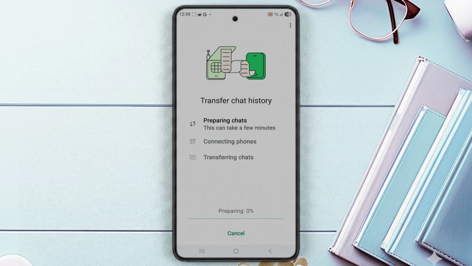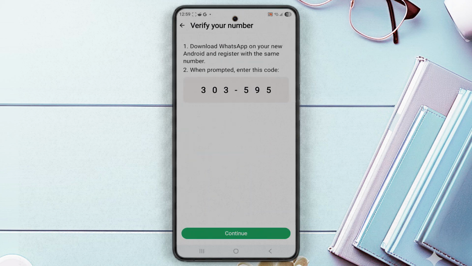So once you hit Start there, it will start preparing the chats for transfer, and then it will ask you to enter this code in on the new phone. So you want to open up WhatsApp on your new phone. From there, when you have WhatsApp installed on your new phone, you're going to